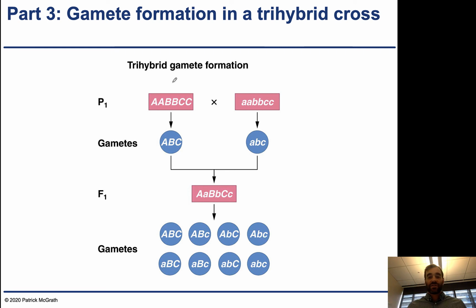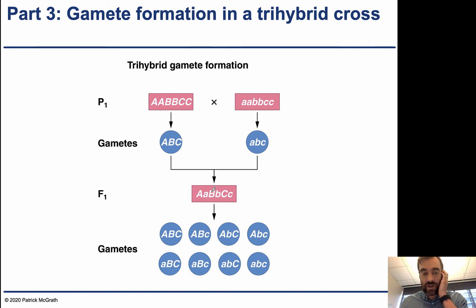And so this is just kind of like a schematic of this. So we have, in this case, one individual that has all dominant traits, one individual that has all recessive traits. They breed true, they're homozygous. Each of them can produce a single gamete. So the only gamete this individual can produce is big A, big B, big C. This individual can only produce a little a, little b, little c. The F1s are heterozygote by crossing these two gametes together, and they're all